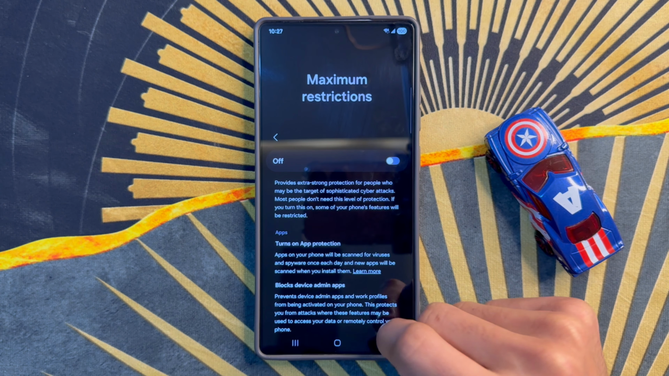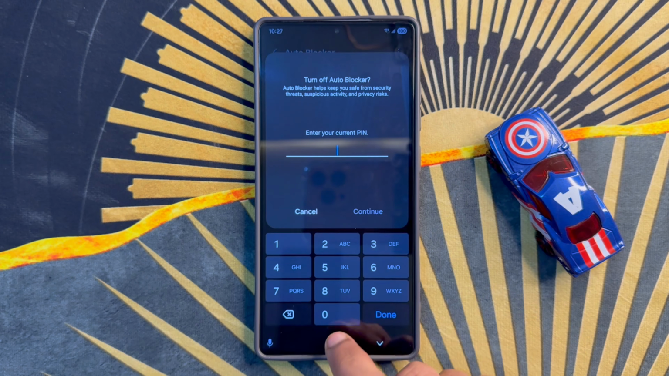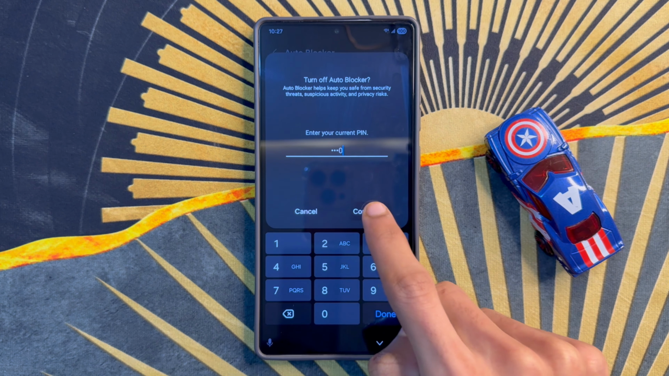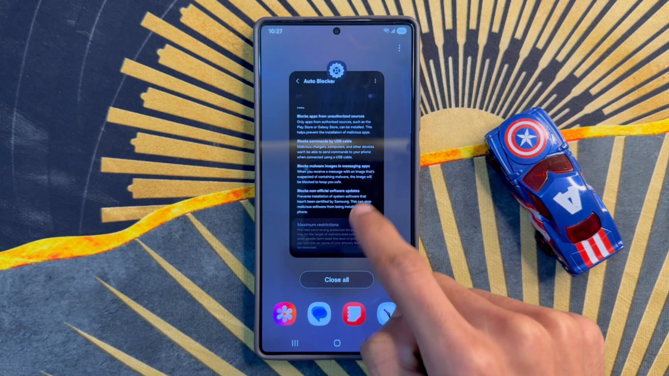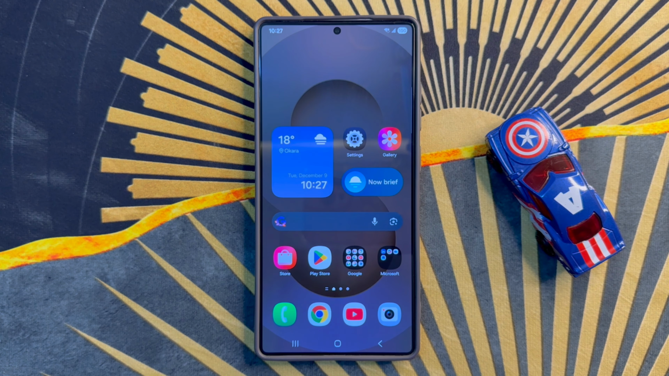So after the process, go back to home screen, refresh phone. So that's how you can turn on or turn off maximum restriction for auto block on Samsung